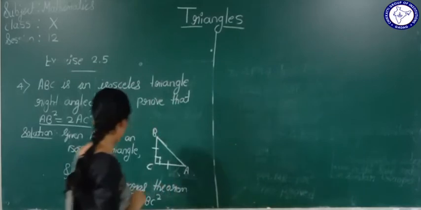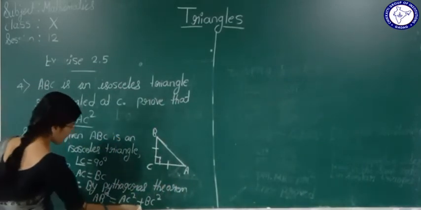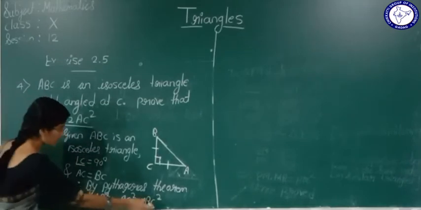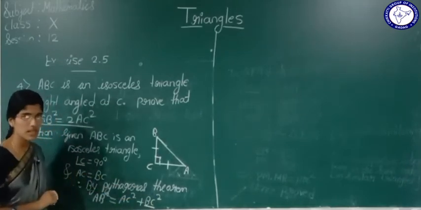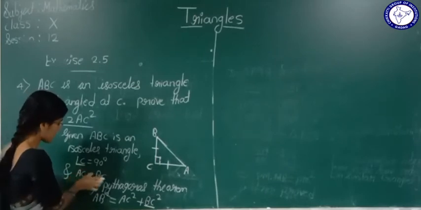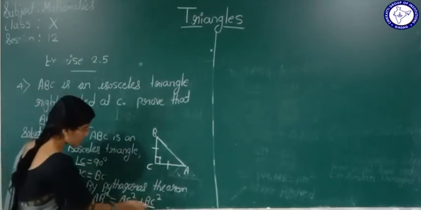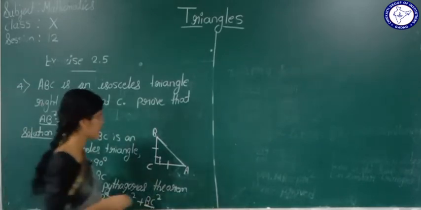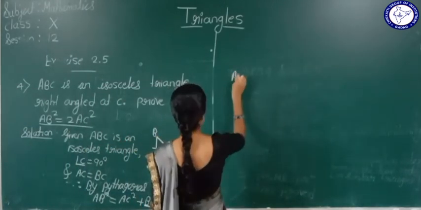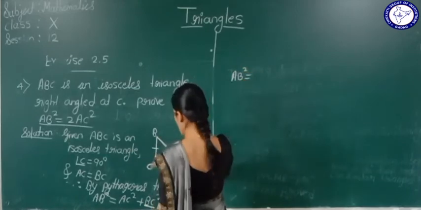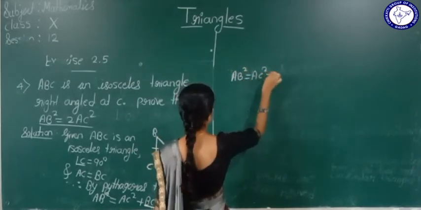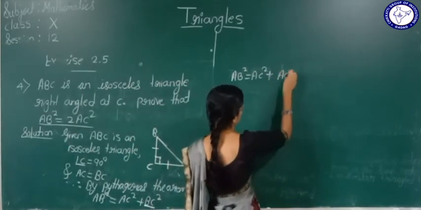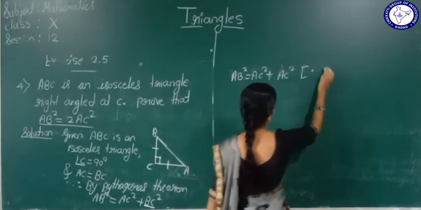Now see here, in place of BC, can I substitute AC? In place of BC, if I substitute AC, is it correct? Yeah, because here AC and BC lengths are the same. In place of BC, if we substitute AC, no problem because both lengths are the same. Therefore, what can I write? AB square is equal to AC square plus, in place of BC, I will substitute AC because BC is equal